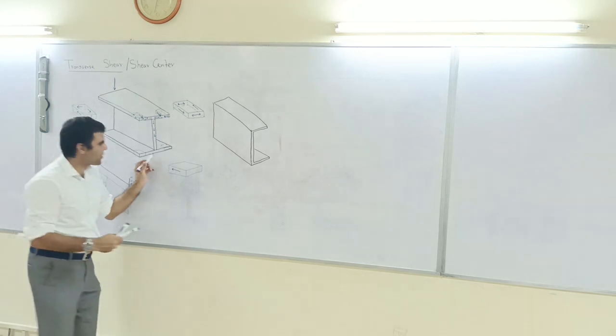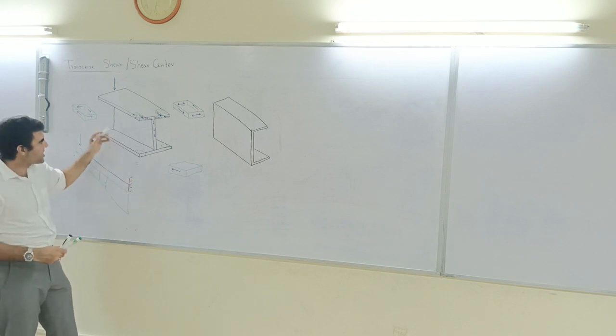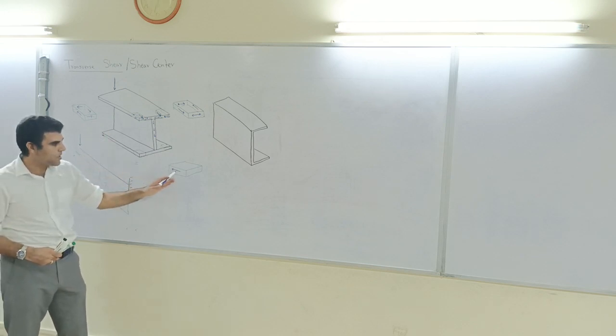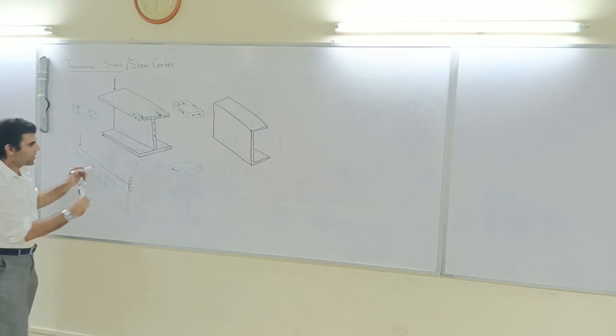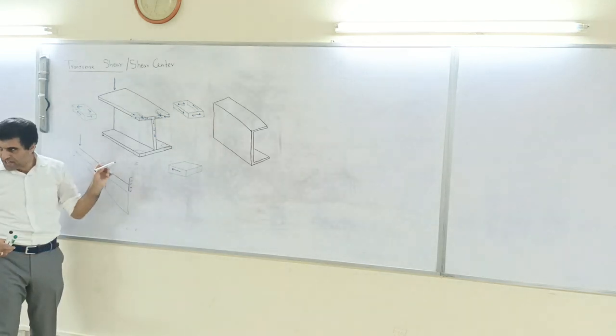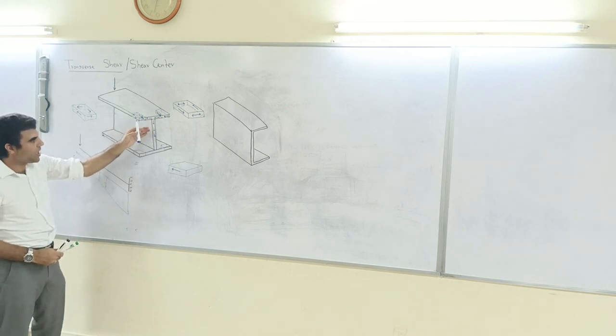Why? Because this is in compression. So why have I applied it over here in this direction? Because the bottom flange is in compression, and the compression force which is closest to the root,